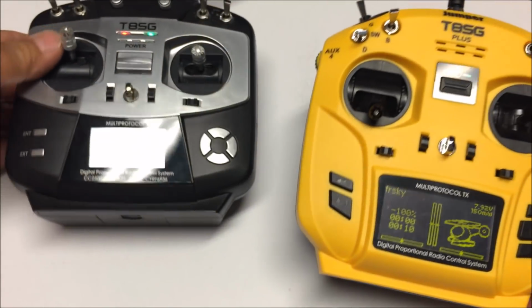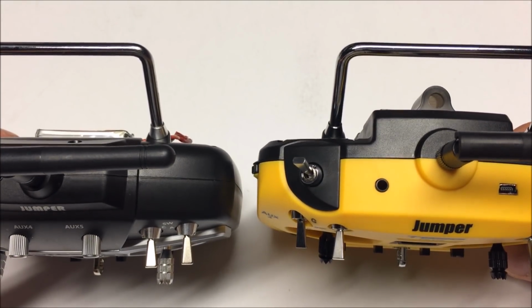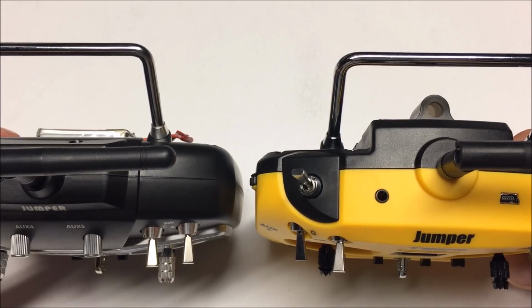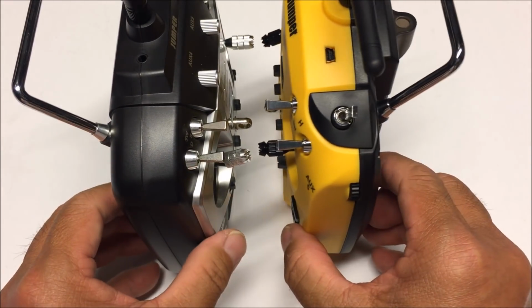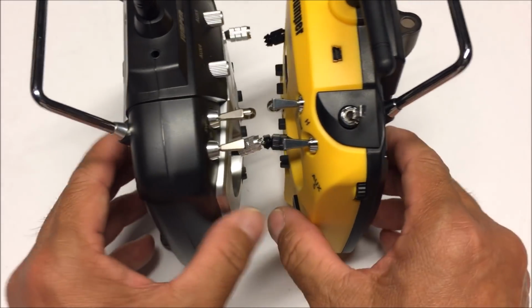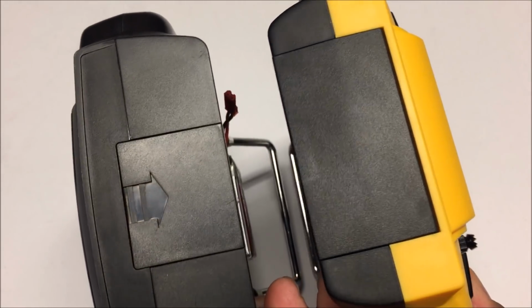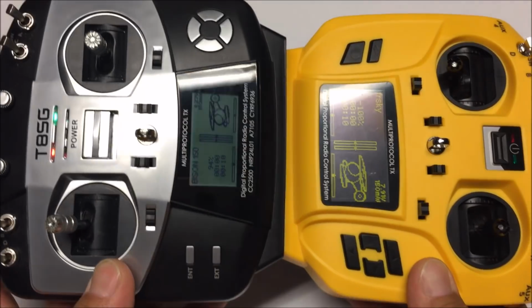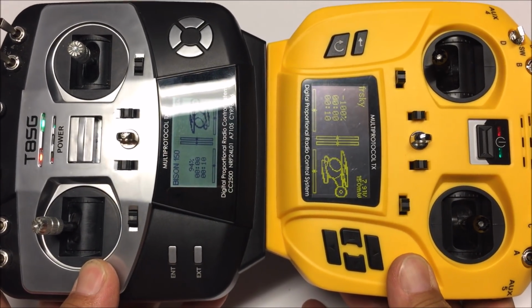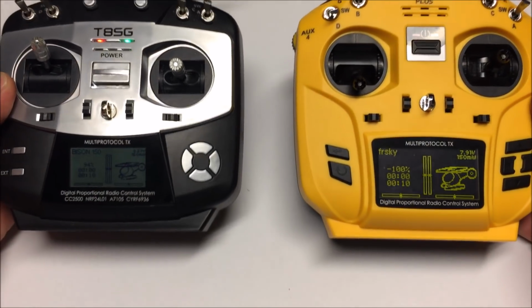Now taking a look side by side from the top, almost the same thickness as well, and looking at it next to each other like this, and looking at the bottom battery bay. The battery bay is slightly different as well, so we're going to go ahead and check that out. So the base of it is almost identically the same,